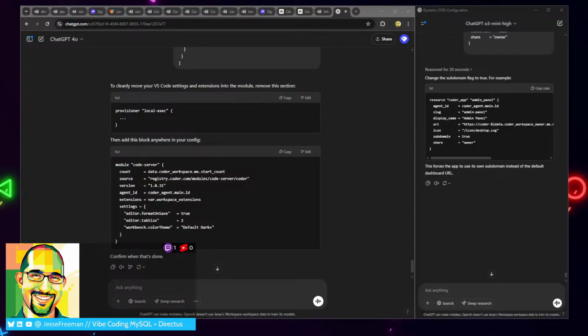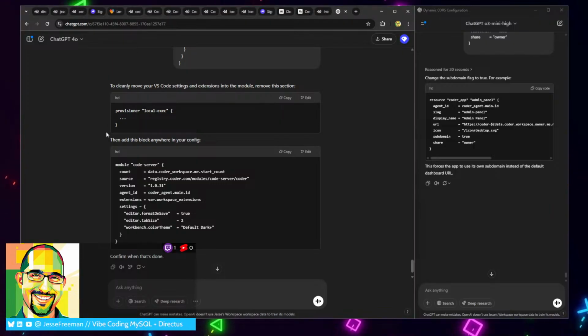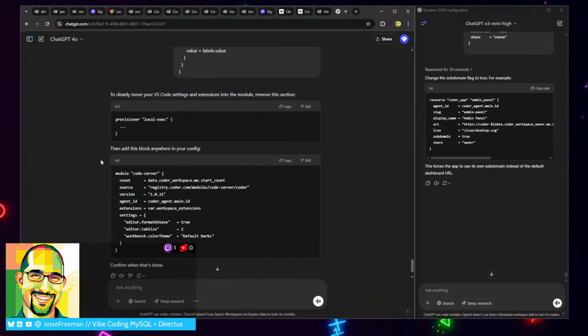All right, let's see what it says. To cleanly move your VS Code extensions to the module, remove this section, provisioner or local-exec, and then add